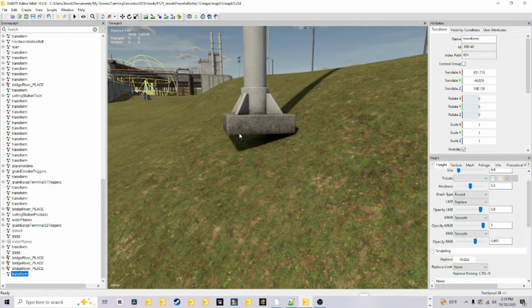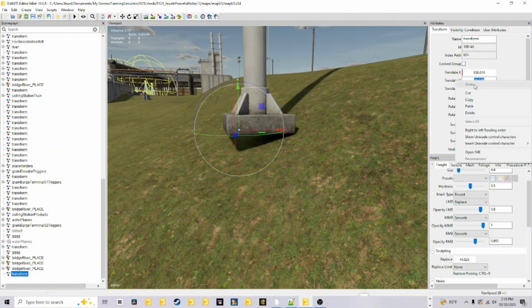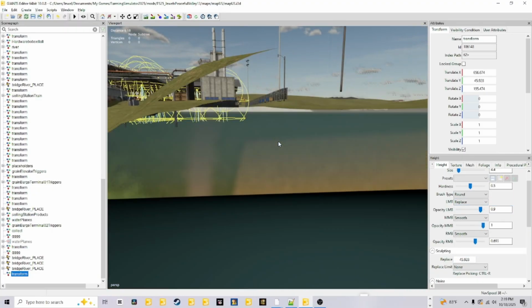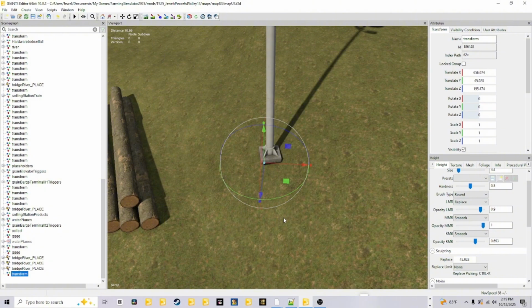So we'll do it right here since it needs it. Control B, left mouse click, and you can put it a little higher if you want, wherever you want this dirt to land. And sometimes it's good on these to go a touch higher, because you're going to smooth a little bit around it, and then that'll bring it down to the spot. So you can hit the translate Y, right click copy, come to replace, right click paste, and then back up a hair, kind of where you can see what's going on,